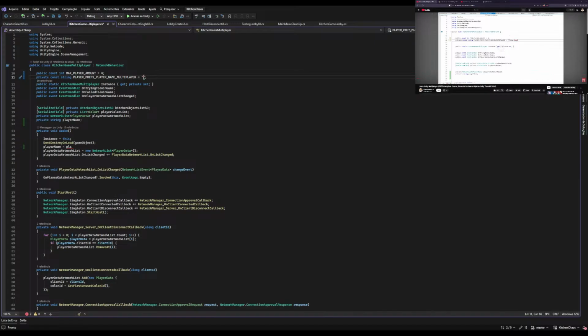Let's call it player name multiplayer. So this is the key for our player prefs. Then let's use it down here. So get string of this, and then for default value. So if